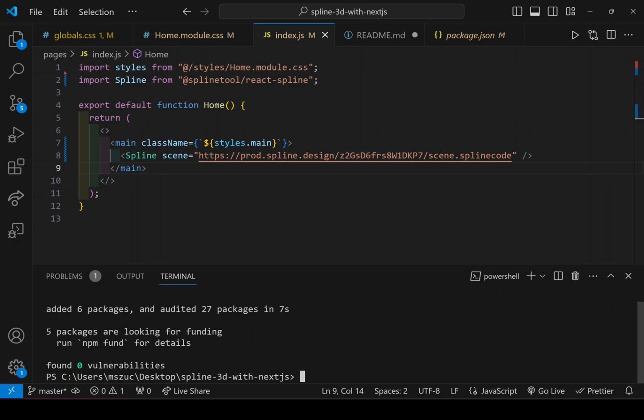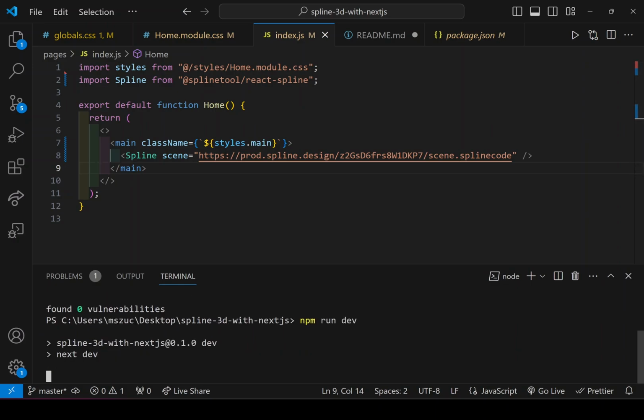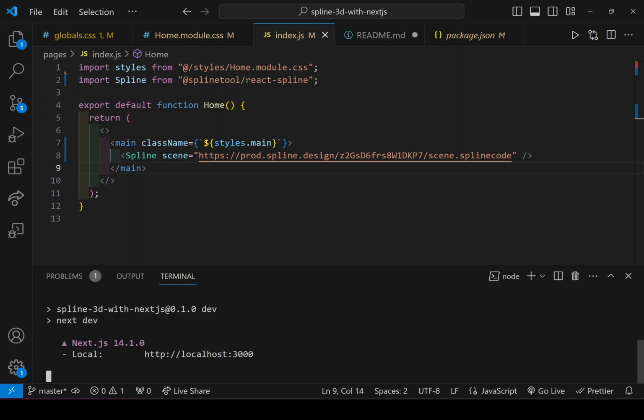Now I'll go back to my application, and in my application in the terminal, I'm just going to write npm run dev so I can run the application. And it says right there we're going to go to localhost 3000. And there you go. We could see that we have our mini little house, and if I click, I can drag it and I can view it 360 degrees, and now it's part of my Next.js application.